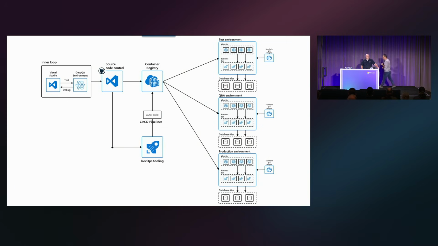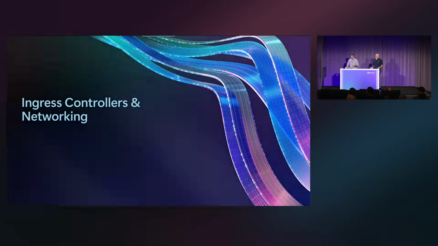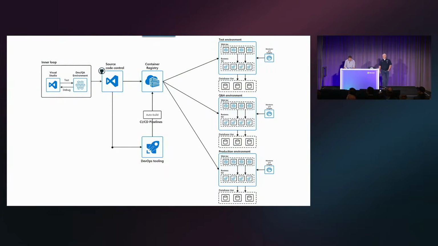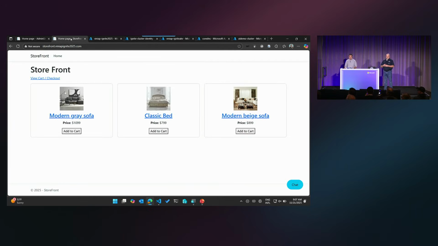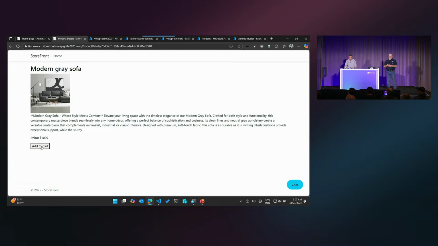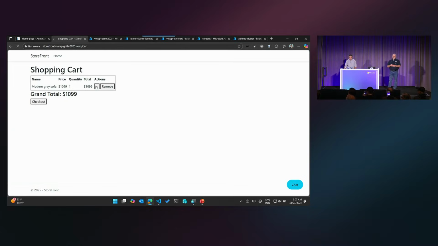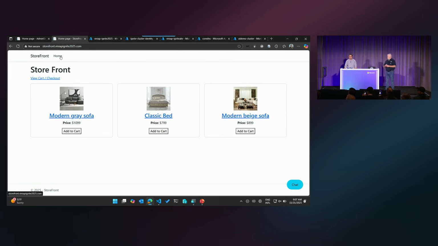Well, let me show you what it actually looks like in a demo. The first thing I'm going to do is show you the sample application that we're going to present today. That's very quick, just to show what the application looks like. We have an admin site and a front page. The customers of my company go to this website. They can look at the products that I have. They can add to the cart. They can say, I want more than one. I'm going to check out. I bought my product, and I can continue to shop.